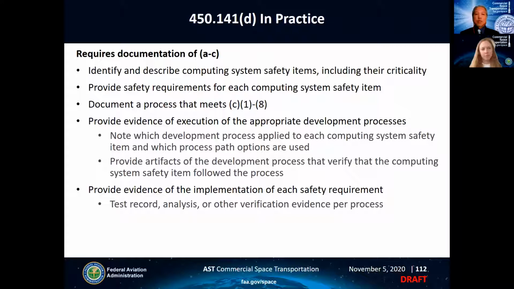And along with that, note which development process applied to each computing system safety item and which process path options. A development process often has many paths that an individual item can trace through it. And if there are different options that a safety item could follow through a development process, which of those path options have been executed? Then provide the artifacts of the development process that verify that the computing system safety item